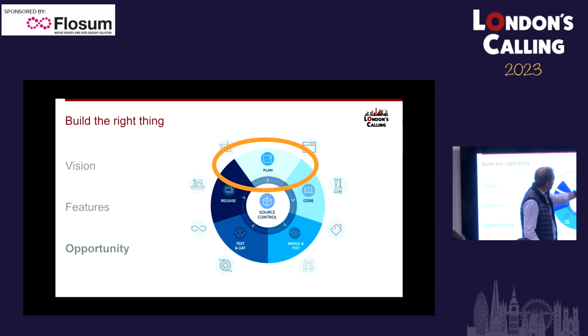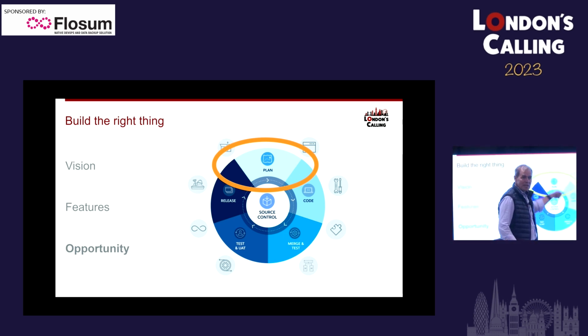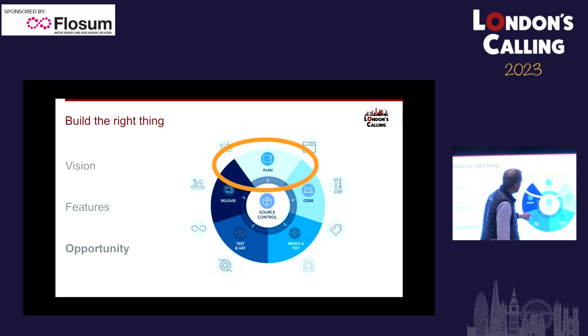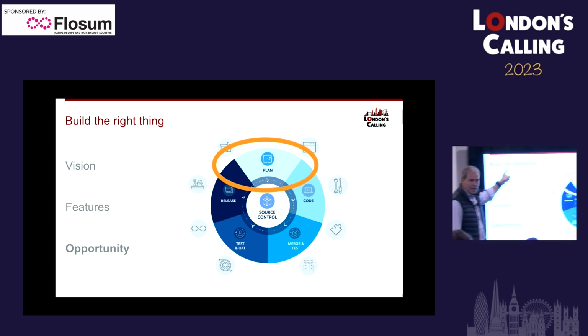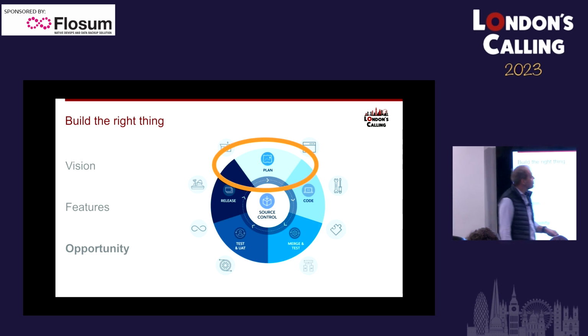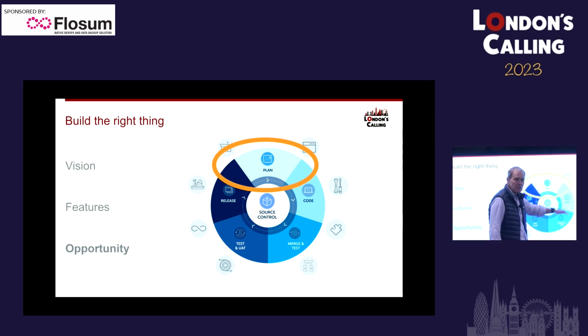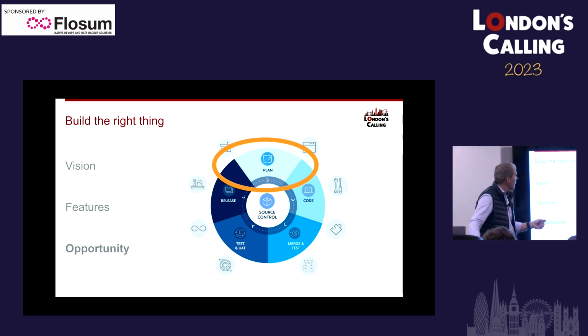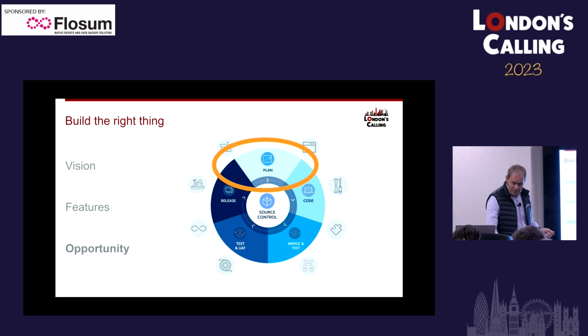If you don't put good stories in, it doesn't matter how well you execute that, you're not actually going to deliver what the business needs. So when you're thinking about this change of DevOps Center or any tooling around improving this part of the cycle, you need to make sure you think about, am I building the right thing? And how do I tell the community now, the developers, the testers, the release managers, what it is that we should be building? And you can tell I'm pretty passionate about this, but I've worked in the last 38 years